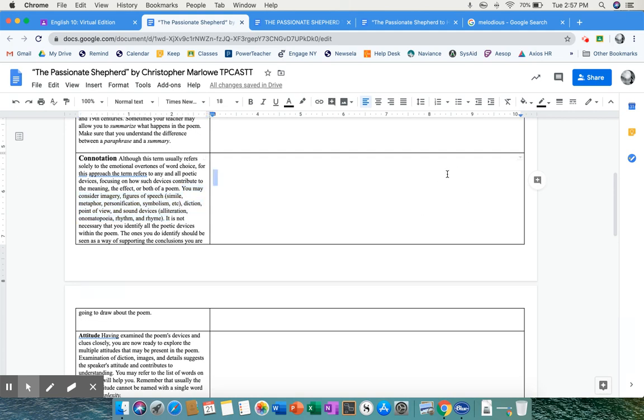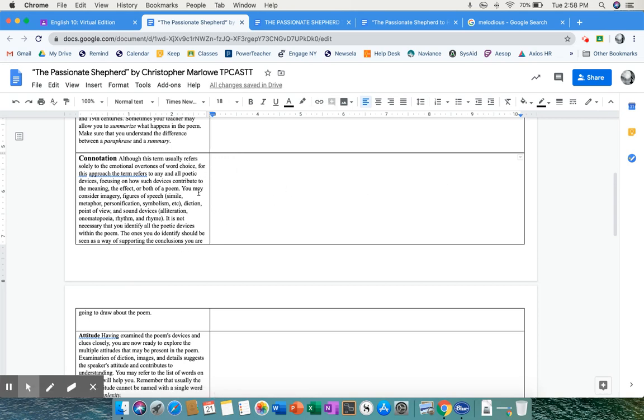I would say a good idea would be to say, in line blah blah blah, Marlowe uses imagery, and then I would give the quote, and then just give me a brief little thing that like why. So there's your quote. Marlowe uses this imagery to do what? Okay. Why is Marlowe using this imagery? What impact does it have on the poem? What impact does it have on the meaning? What impact does it have on the tone? Things like that. All right.